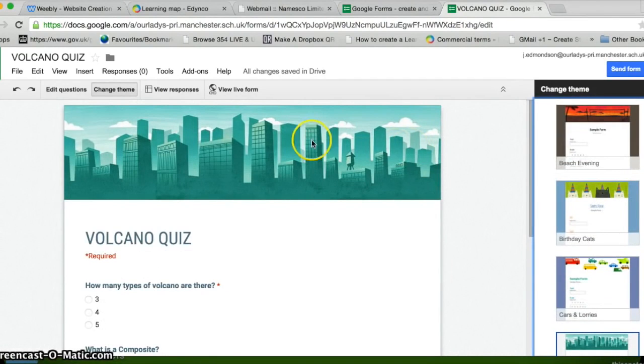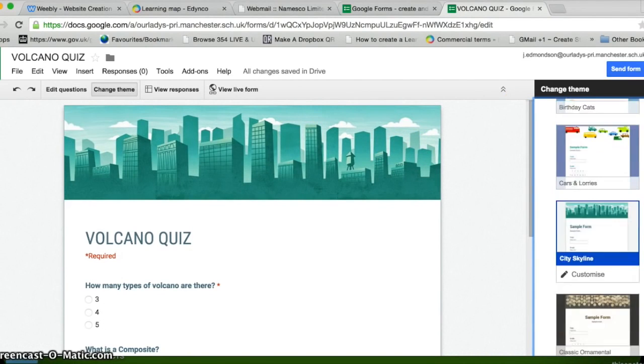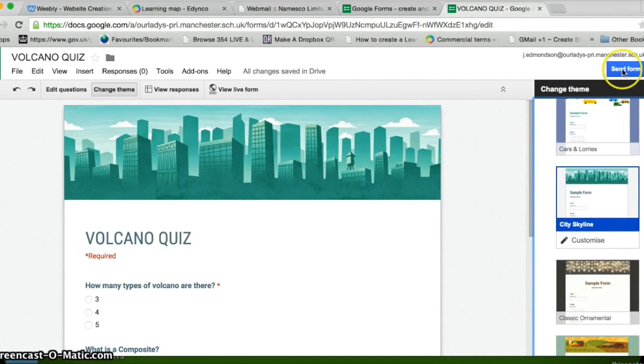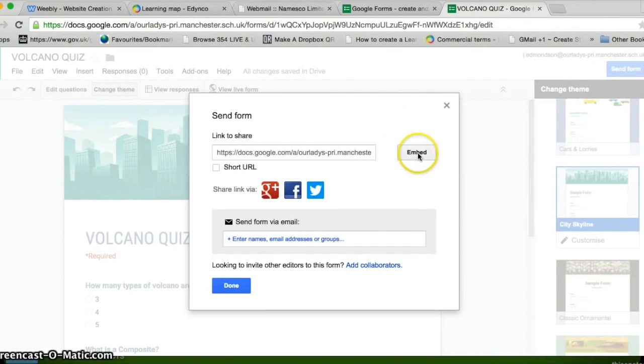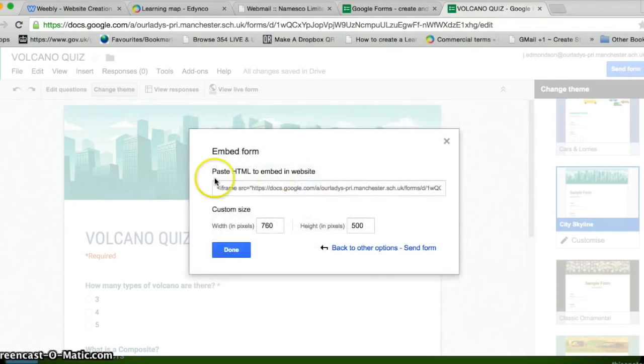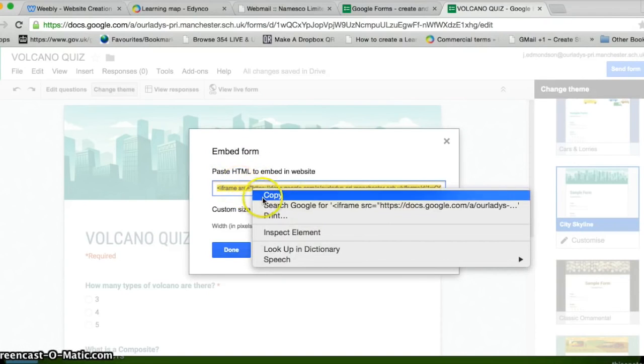And then when I'm ready to put the quiz into the website, I basically just need to press on this button here where it says send form. I need to click on this button here where it says embed, and then I just need to highlight this code here and then right click or edit and copy,